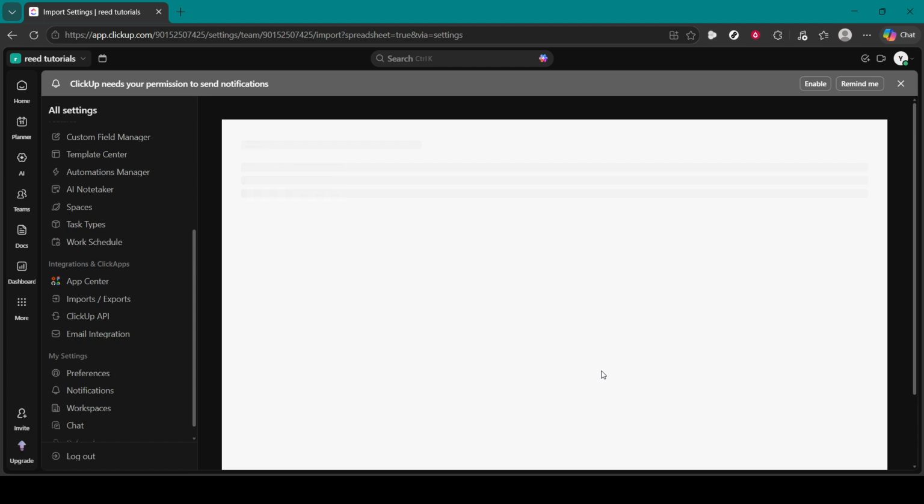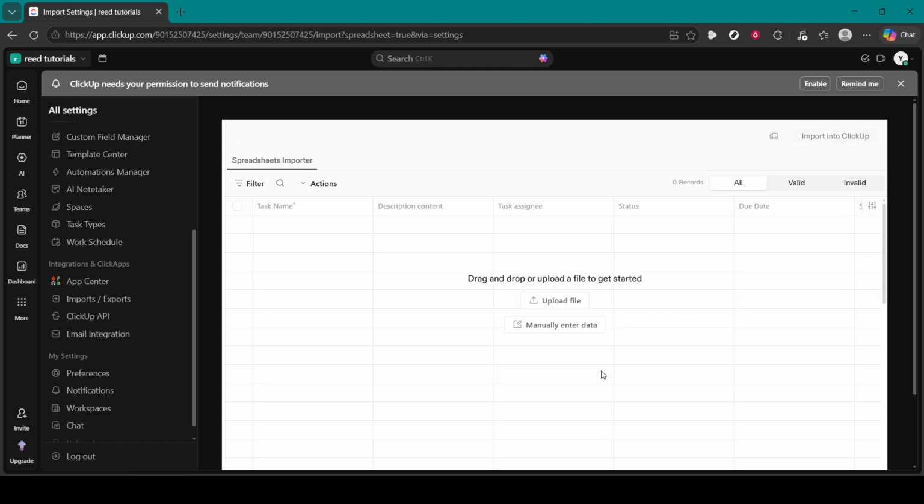When the file is uploaded, click Continue and review the mapping screen. Match each CSV column to the correct ClickUp field. For example, map your task name column to name, due date to due date, and description to description. If you have custom data that doesn't fit an existing field, you can map it to a new custom field